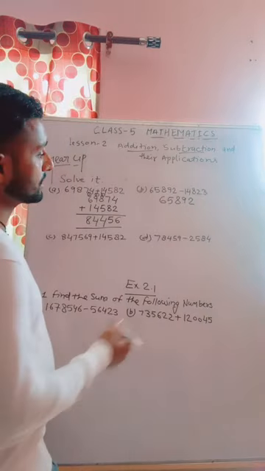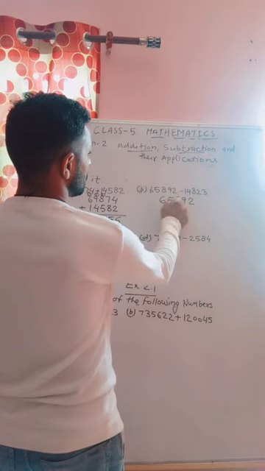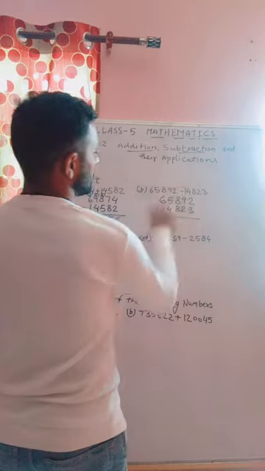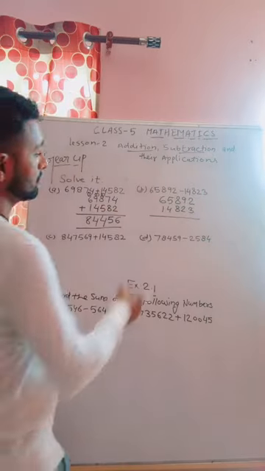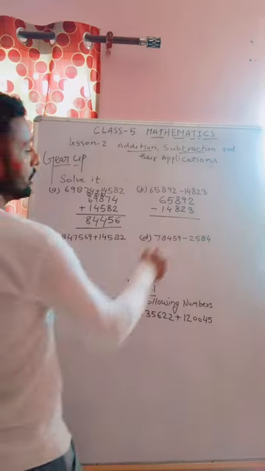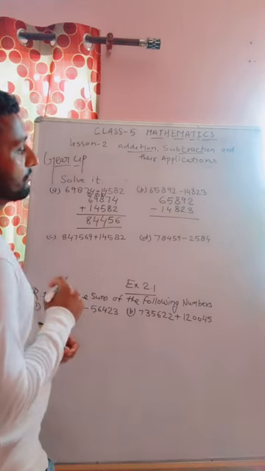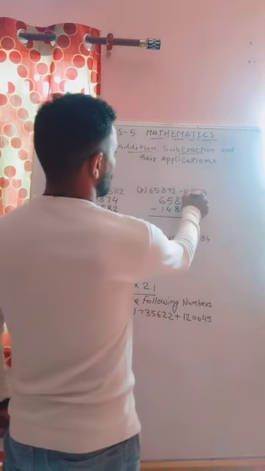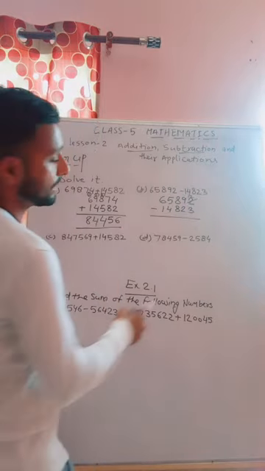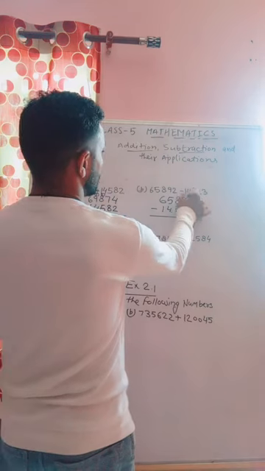Okay, arrange. Next is given 14823. And what is given? The symbol is subtraction. You write here minus. Okay, next you minus. 2 less by 3, not possible, because 2 is the smaller number, so carry from the column, and this is 12. Okay, 12 less by 3, 9 comes, you write 9 here.